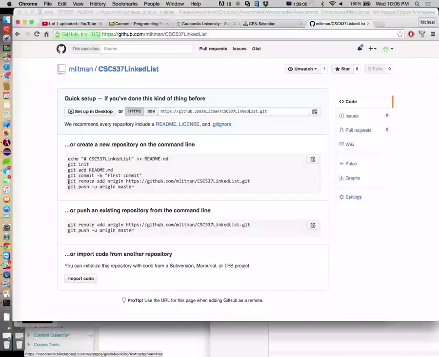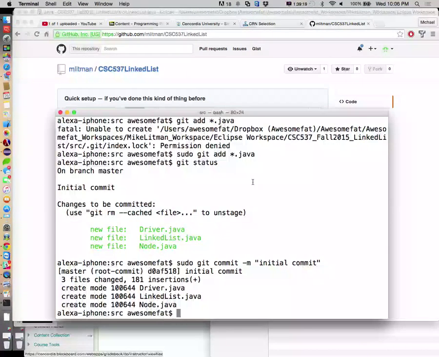All right. Now, this is the important part for GitHub. Everything I just did has committed everything locally to my local Git repository. Now I need to take that local Git repository that lives on my hard drive and push it to GitHub. So the very first time, you need to let your local repository know about your remote repository. Again, I have to do this sudo thing.